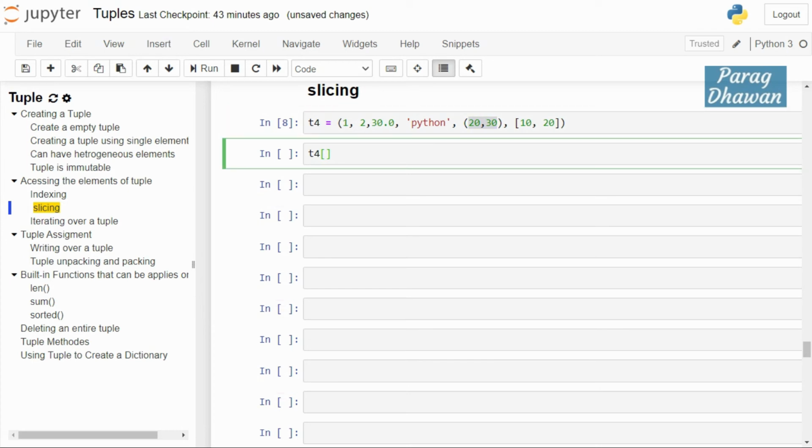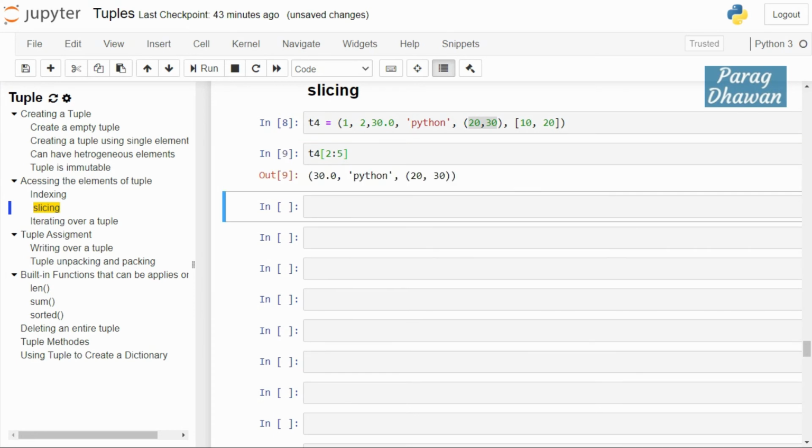Therefore the start index is 2, colon, the stop index is the last element index plus 1: 0, 1, 2, 3, 4, 5. So you have to give 6. Then it will run till the tuple (20, 30), and by default the step size is 1. You get the output 30, Python, (20, 30).